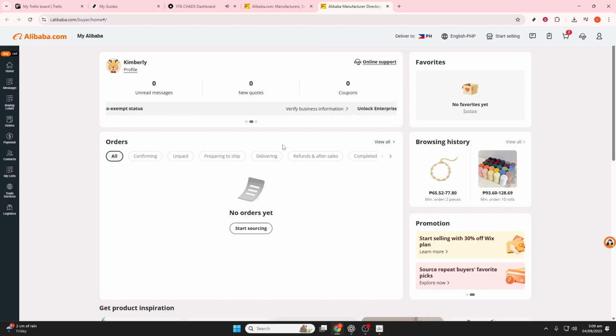By following these steps, you can efficiently manage and access your order information on Alibaba, optimizing your online shopping experience. I hope this tutorial was helpful and equips you with the tools you need to effortlessly check your